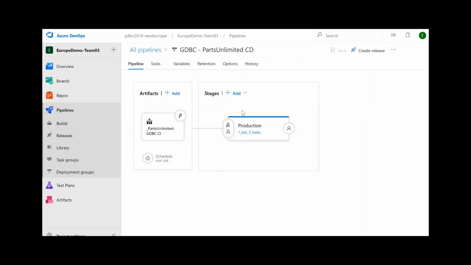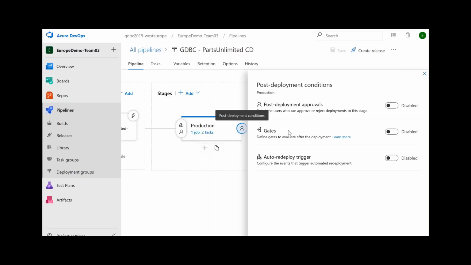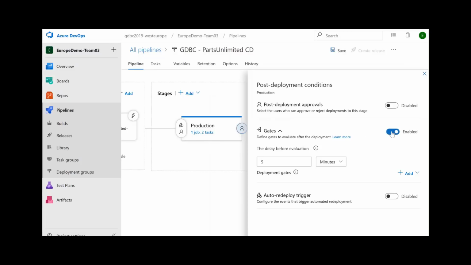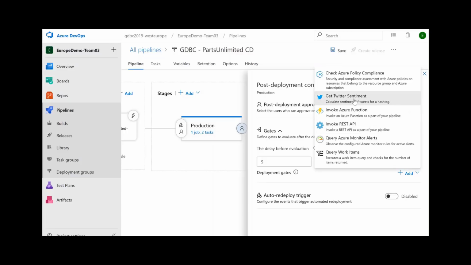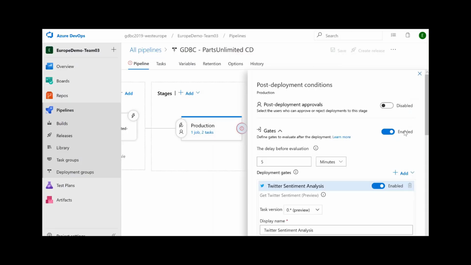In a normal environment we should have several, of course. So we click on post deployment conditions because we want to add a release gate that validates that we have positive tweets, and it won't say that it's an okay release until we have positive tweets. So post deployment conditions, we add gates,